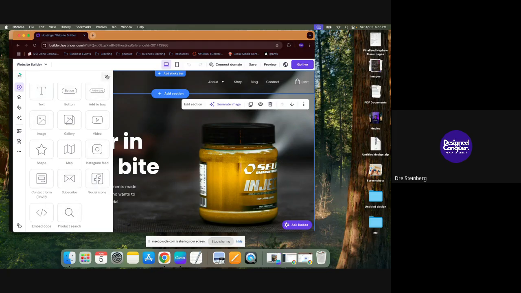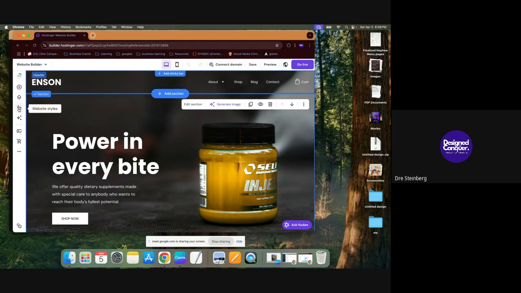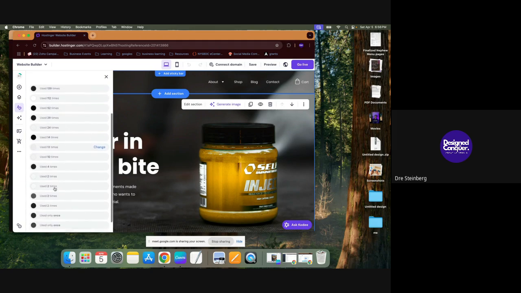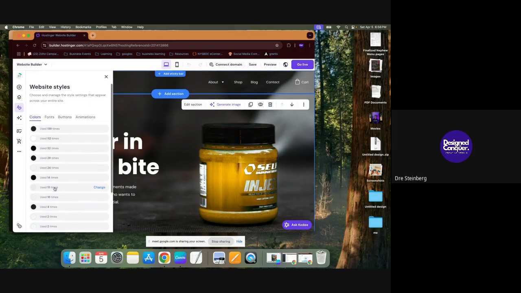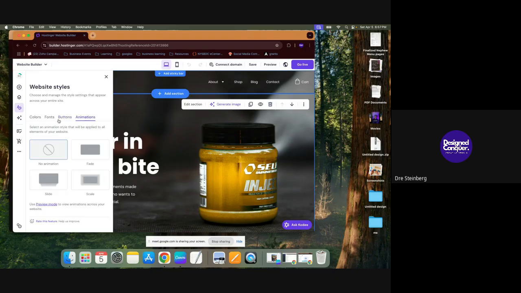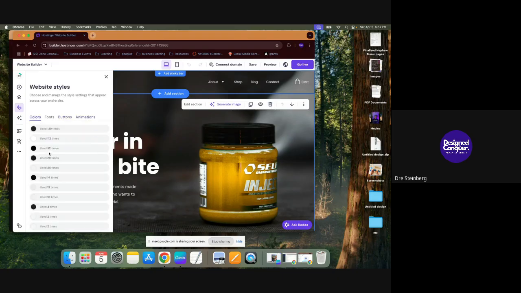The second most important place will be website style. Website style allows you to make changes on the website relatively fast. It has colors, fonts, buttons, animations. So if your color palette is primarily green,